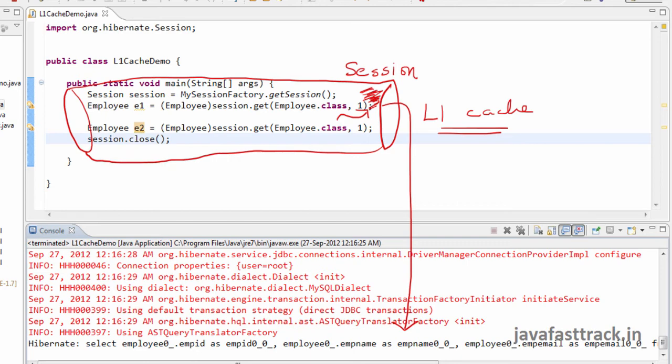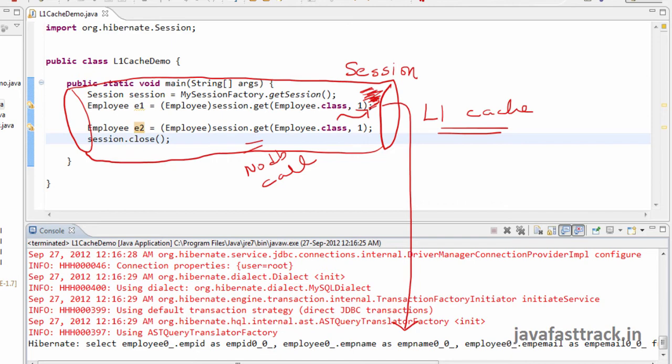So here there is no database call. It reduces the number of hits on the database and improves the performance of the application. Second time you will get the data very fast because you don't have to go to the database to fetch it. This kind of mechanism is available only within the same session.